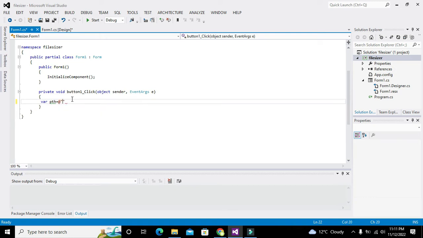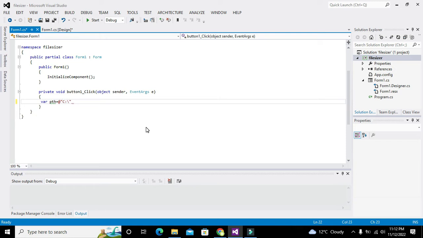Why have we just declared a variable with var? Because it will assign the data type to pth on the basis of the data which is given to this variable. So we will write @"c:\